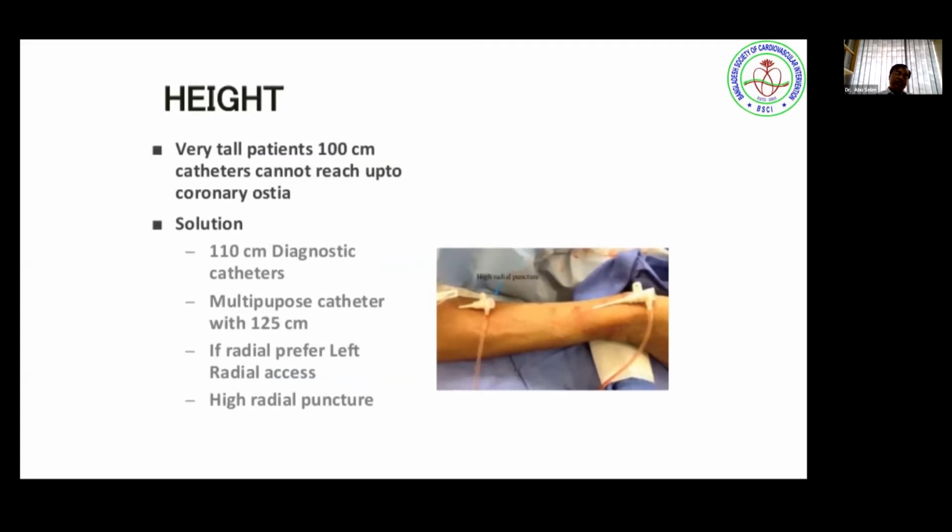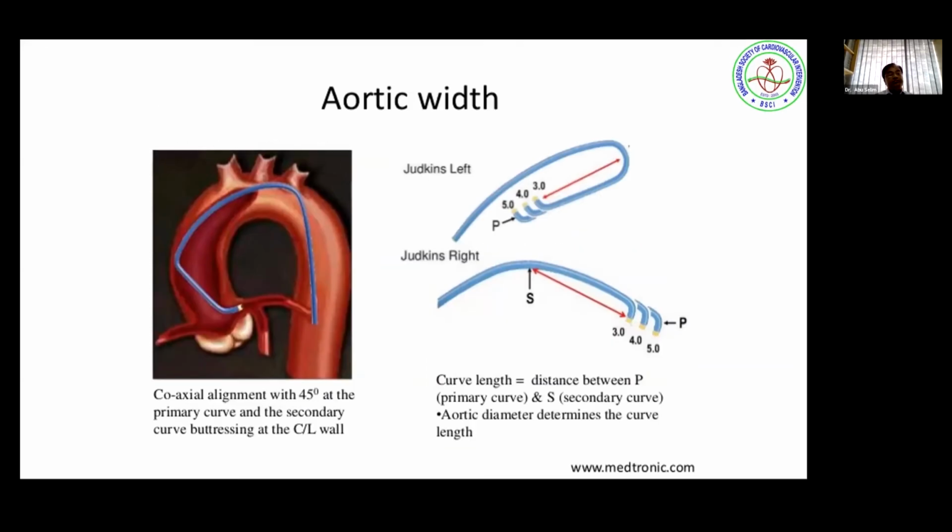So there we have to change and take a bigger size catheter if we have one. But if we don't have a bigger size catheter on our shelf, then we can go for the upper side, the radial or brachial puncture. There is an alternate way. About the size of the catheter, I already discussed that it depends on the distance between the primary and secondary curve. On the left side there is a picture which will show you the backup support, that is the aortic wall and then the root of the coronary sinus wall, which it fits. If the aorta is dilated, we can go for a bigger size, 4, 5, even 6 size also. Sometimes you have to choose according to the dilatation of the aortic size.